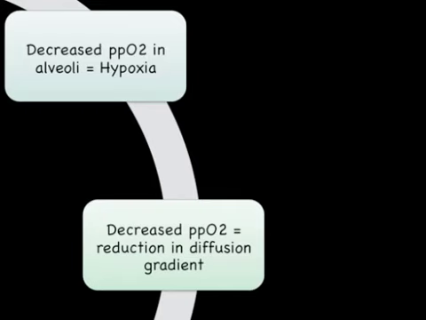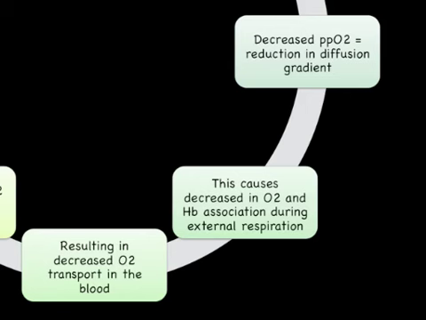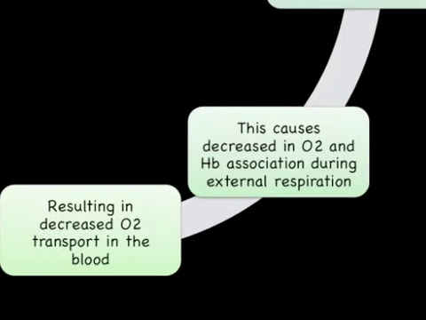So if you remember, the partial pressure of oxygen on the diffusion curve is 100 millimetres of mercury, and if you remember drawing the 100, when it shifts to the right it slightly decreases. Actually what happens is there's a little bit more of a decrease in the lungs, which means there's less oxygen being associated, which comes on to the fourth point, because you get less haemoglobin association during external respiration, which is the bit in your alveoli, the bit in your lungs, and a decrease in oxygen. So you get this gasping effect because there's not enough oxygen coming into your alveoli for us to use and utilise around the body.